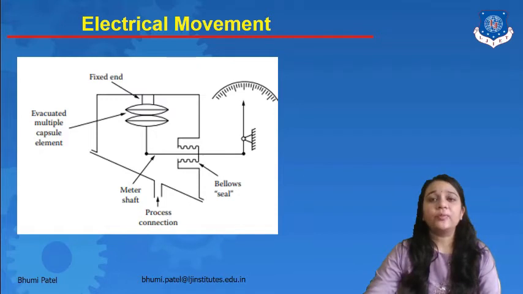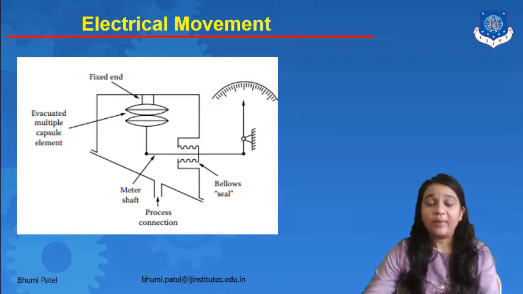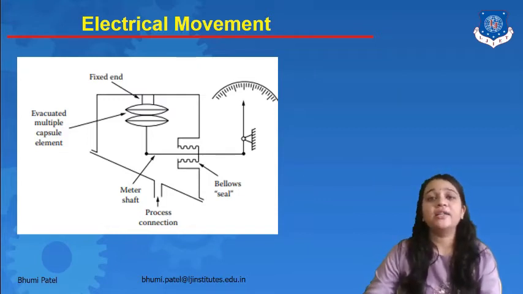Now, what is the function of the electrical movement? In most instrumentation, the fundamental electrical movement is that of the dynamometer. In the dynamometer we generally have two coils: one coil is moving and the other coil is fixed. When current is applied to the coil, the resulting coil movement drives a pointer. So this indicator can detect DC or AC current, voltage and power.